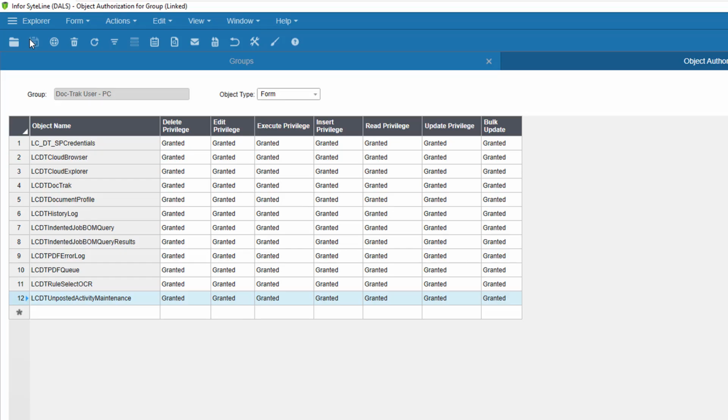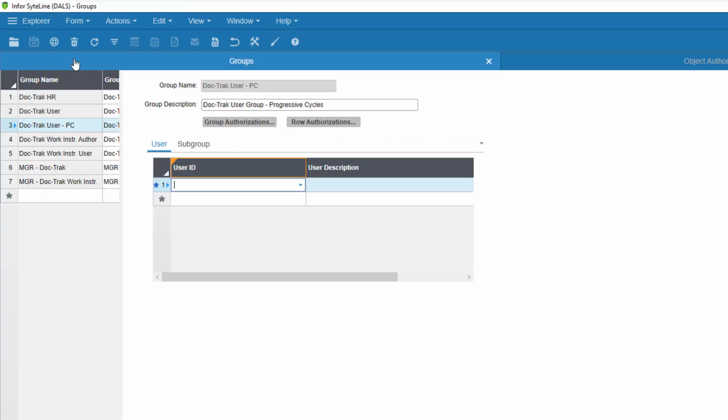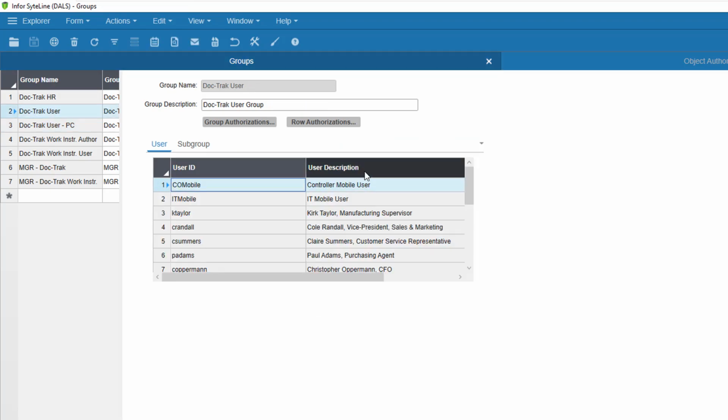Next, I need to assign my users to it. I'll go back to Groups, select the original DocTrack user group, and export the user IDs to Excel.